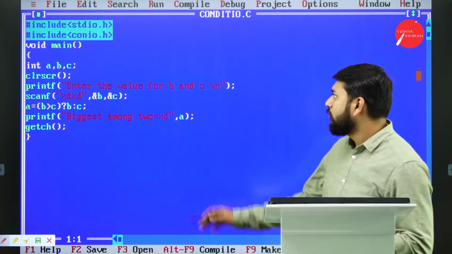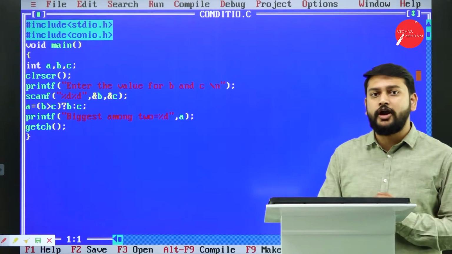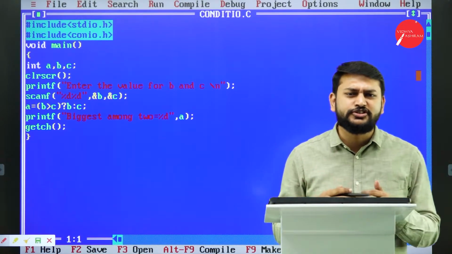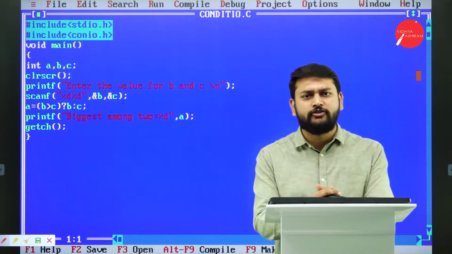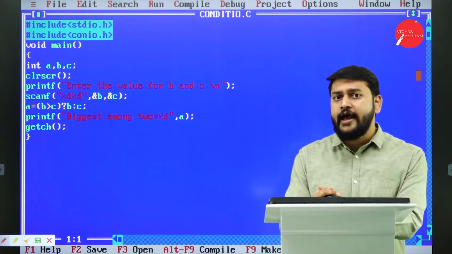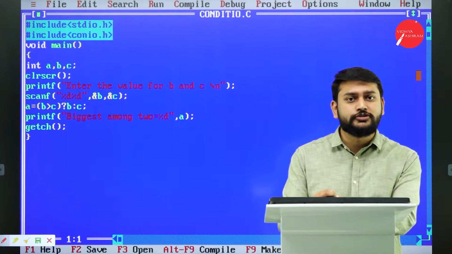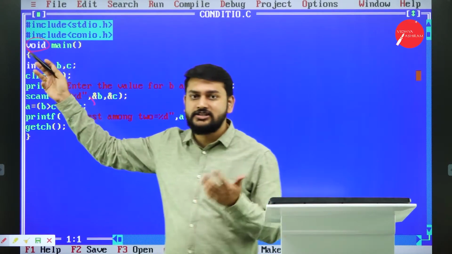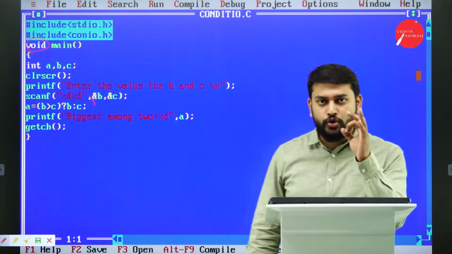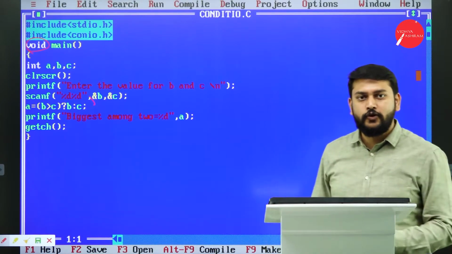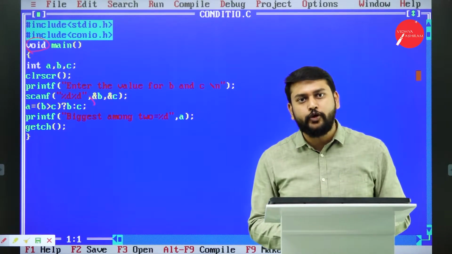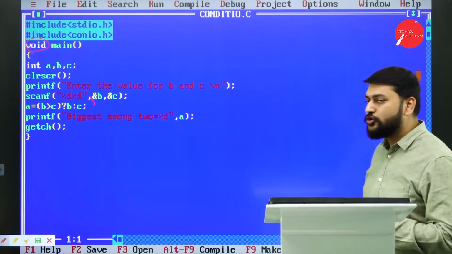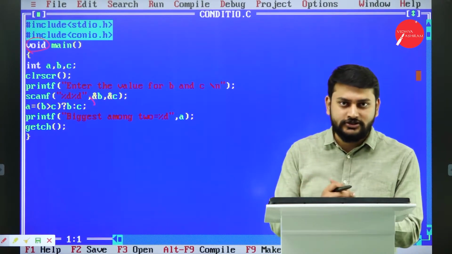All right. So let me not speak much about the header files in this session, because in all the sessions I've been explaining about the header files. And then again, I have to start with a main function, and I have the return type as void. Void in the sense it does not return anything. So the third line in this program is void. So this program will help me to find out the biggest of two numbers.